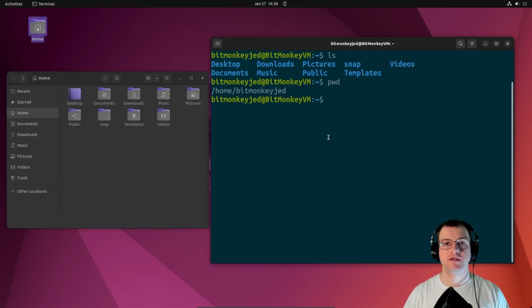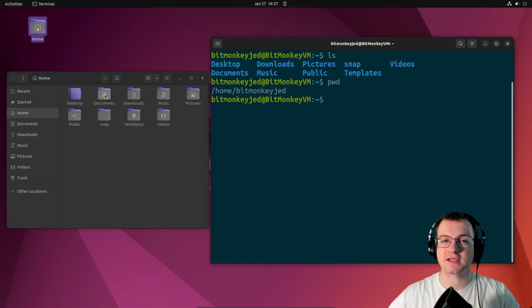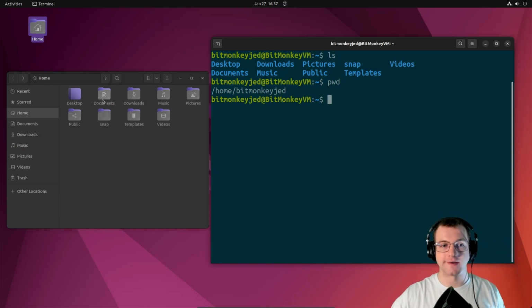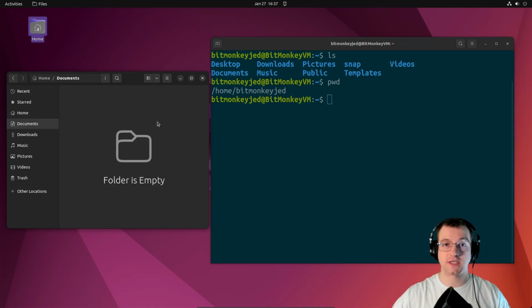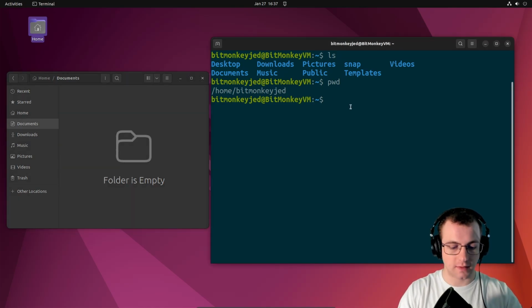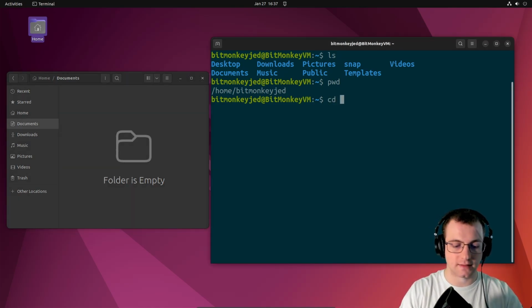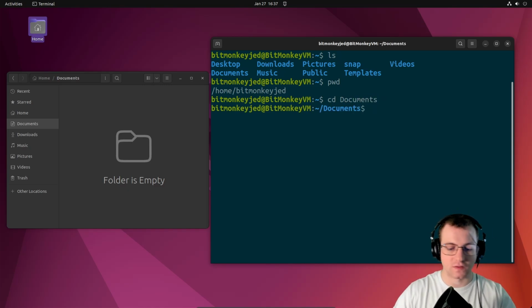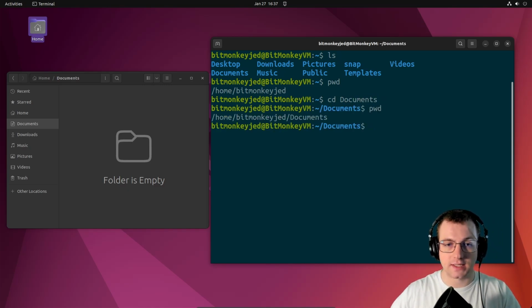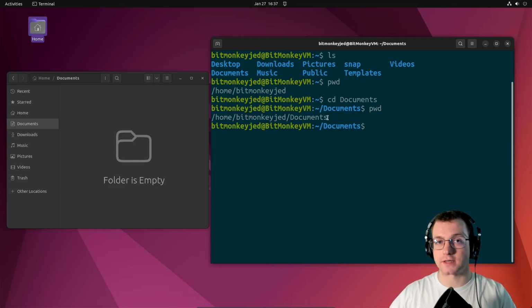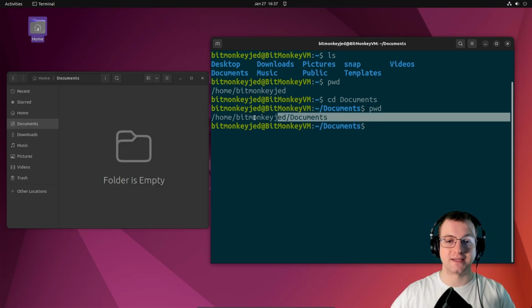So now let's learn a new command, cd. cd allows us to change directory. What this allows us to do is basically click on a new directory. So just like there, I clicked on documents and I navigated into the documents directory. And so I can do that by cd documents. So now if I were to say pwd, we can see that my current working directory is